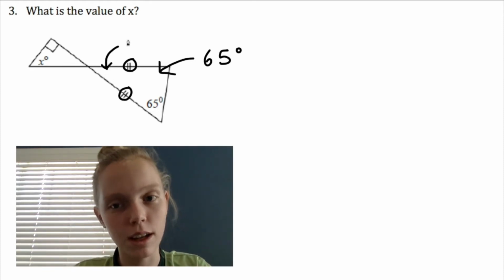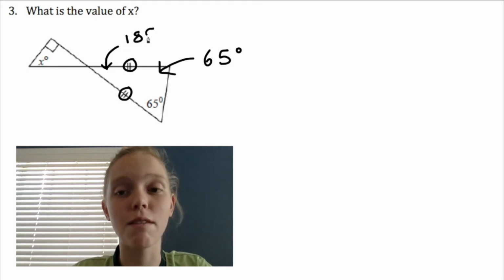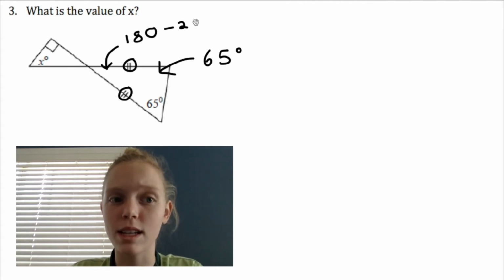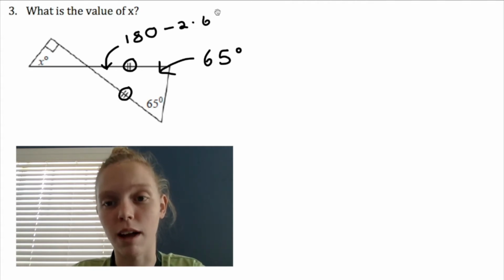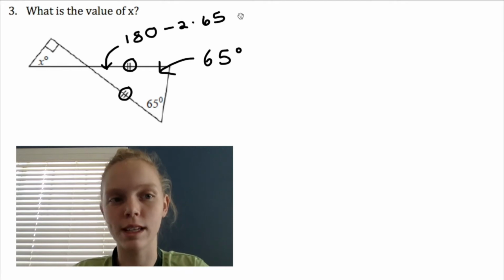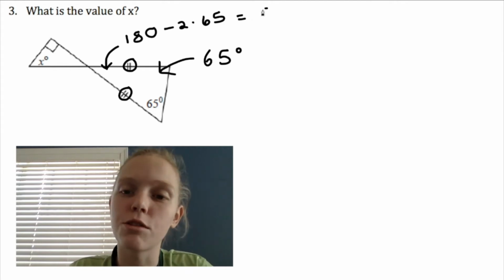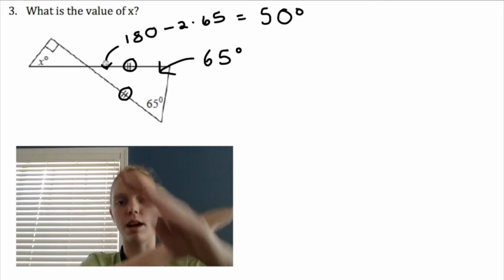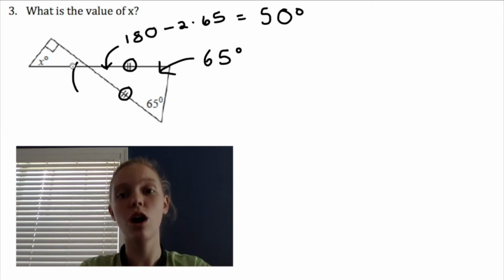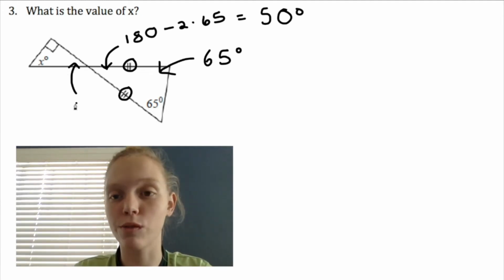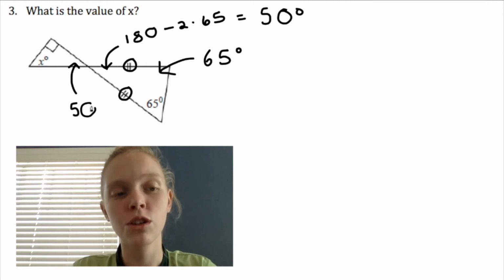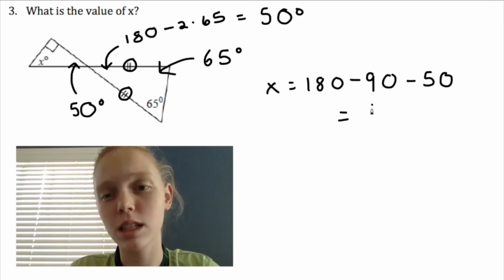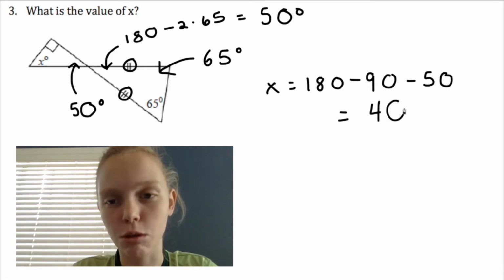So that other angle is also 65 degrees, meaning that that third angle in that tiny little triangle is going to be 180 minus 2 times 65, which is going to yield 50 degrees. Now, because there's an intersection of 2 straight lines there, the 2 vertical angles, meaning 2 angles that are directly opposite of each other, are going to be the same. So since one is 50, the other will also be 50. So now we just know that x is going to be equal to 180 minus 50 minus 90 equals 40